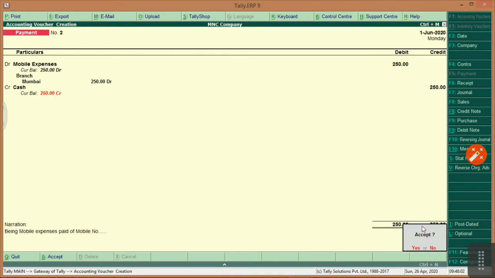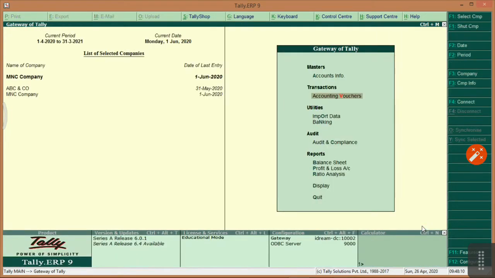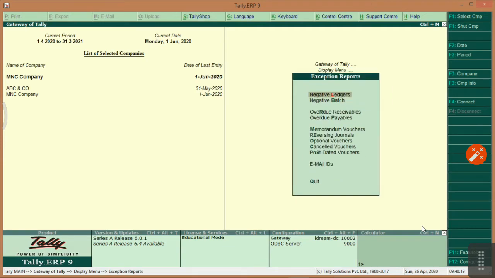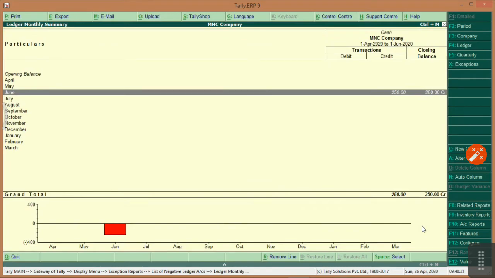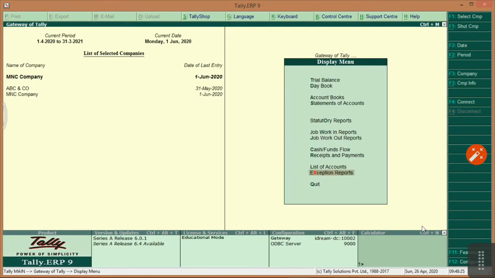Okay, and the entry will be saved. Means Tally will allow you to save negative cash balance entries also. Okay, but important, after saving this entry, Tally will automatically reflect it in your exception report, negative ledger. Okay, negative ledger, this amount will be directly reflected there, negative balance in ledger.